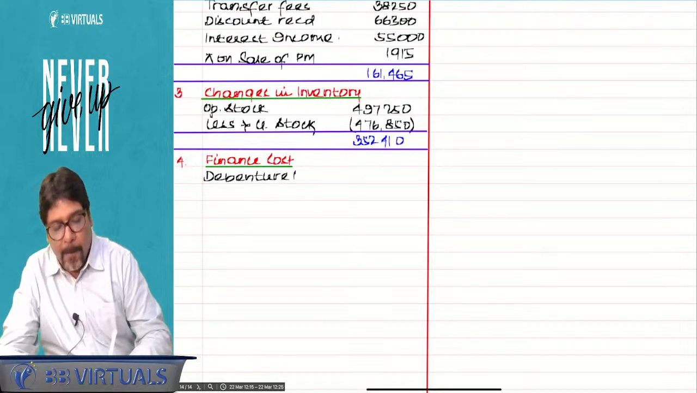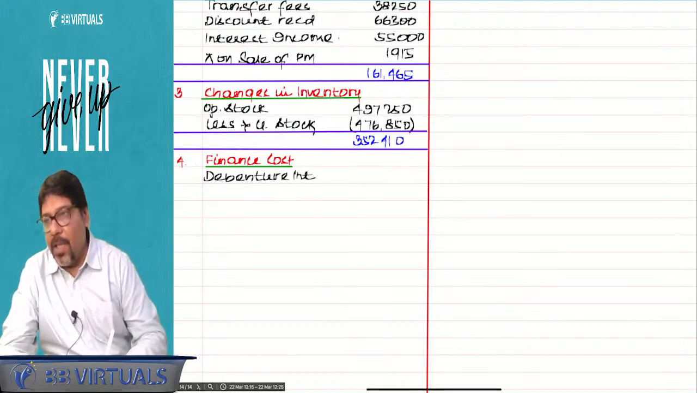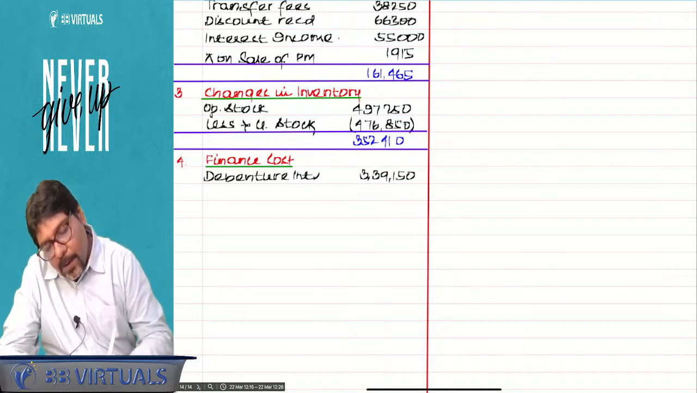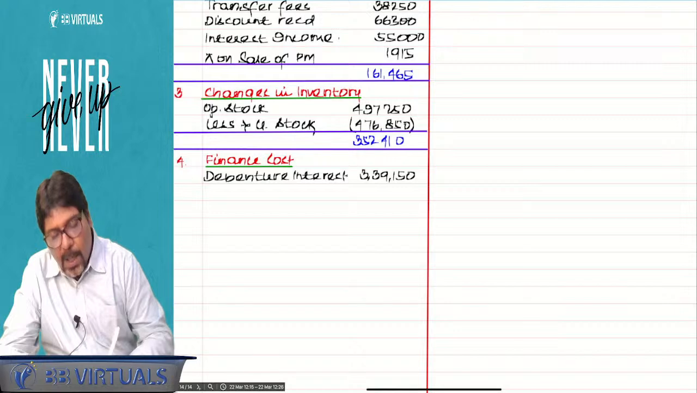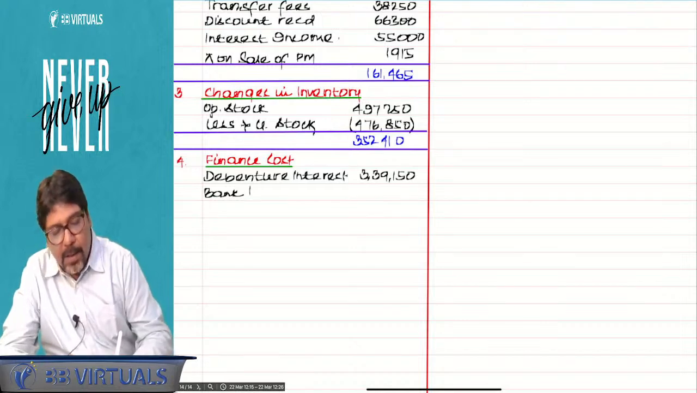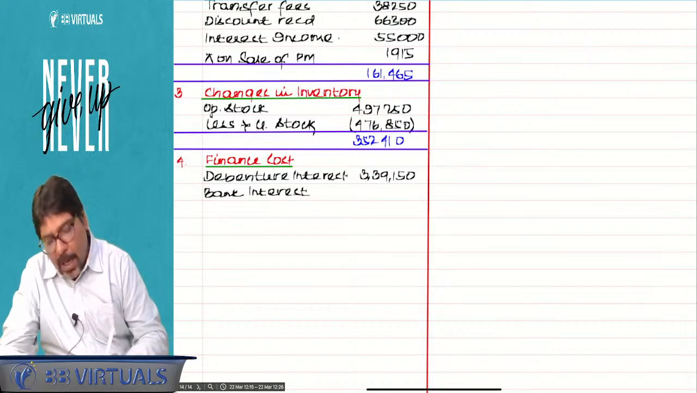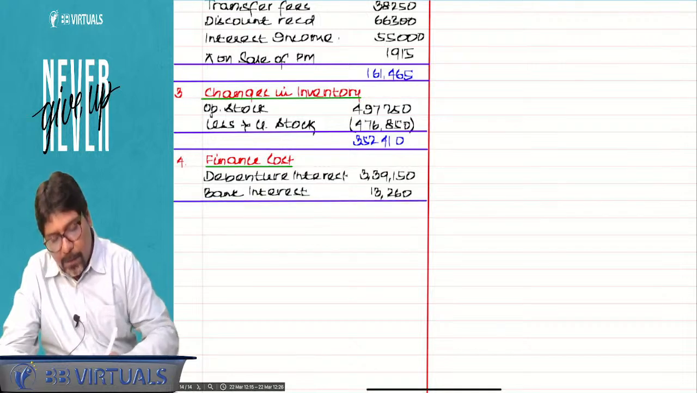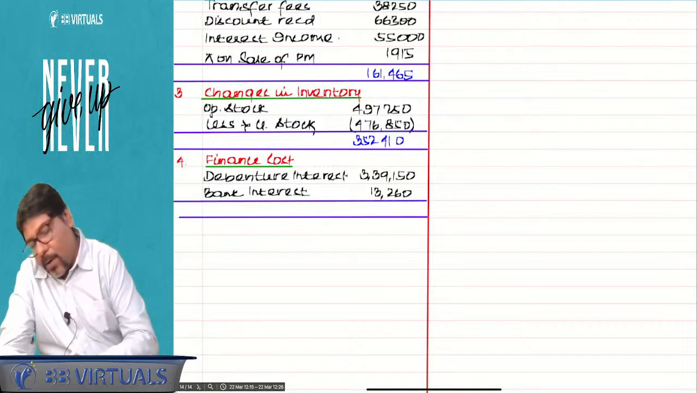Debenture interest is 339,150, and bank interest 13,260. Correct. So what is the total finance cost? Total finance cost is